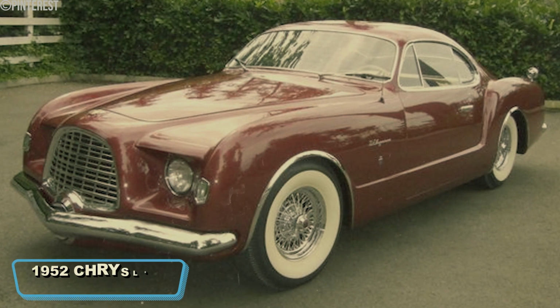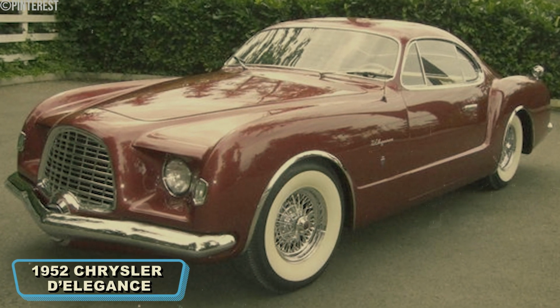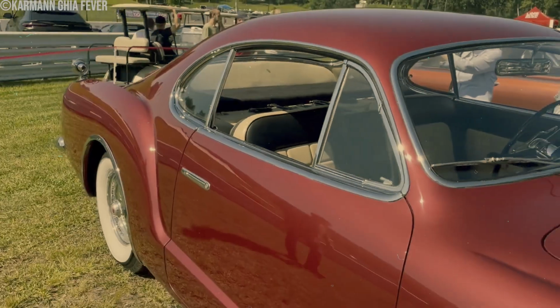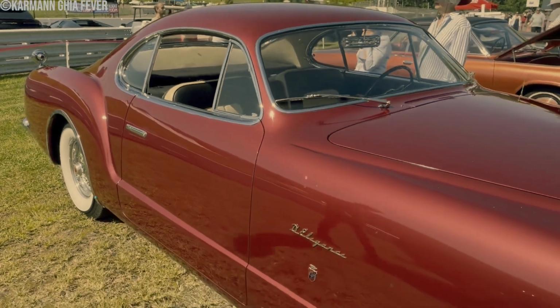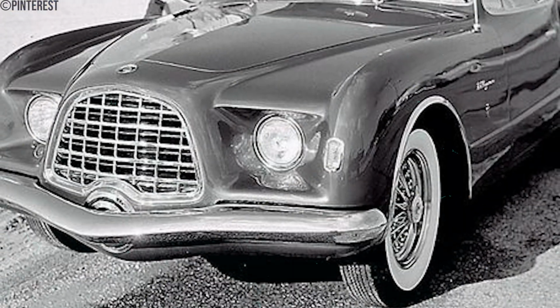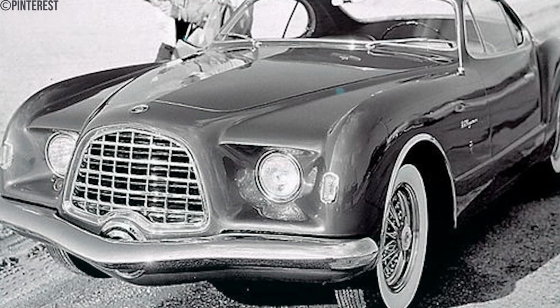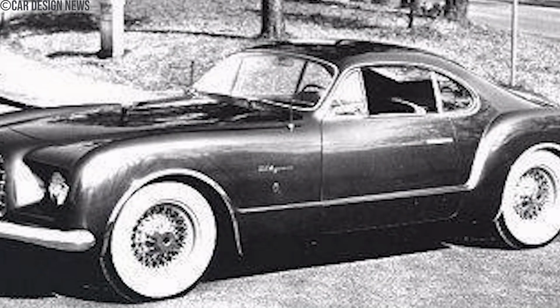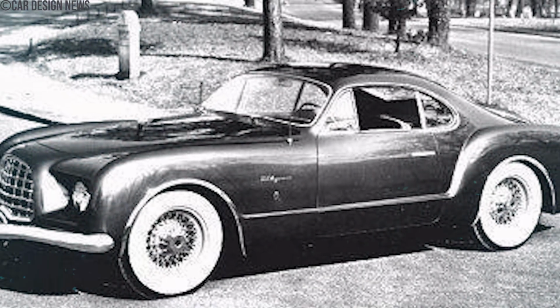Number 11, the 1952 Chrysler D-Elegance. The 1952 Chrysler D-Elegance was a concept car that lived up to its name with elegant styling and redefined design elements. This remarkable vehicle was created to showcase Chrysler's vision for luxury and sophistication, incorporating both American engineering and European